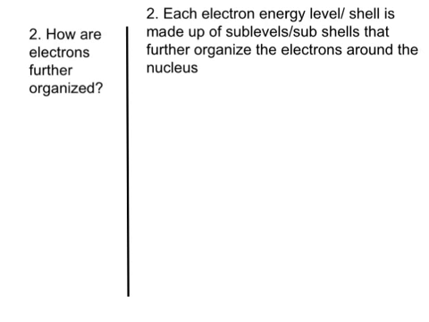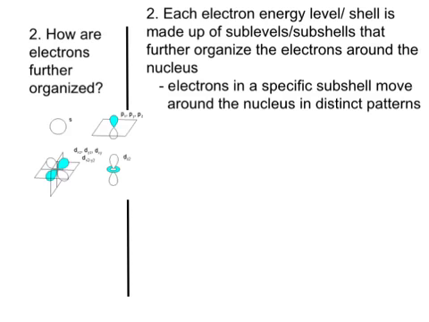Alright, so to get a little bit more complicated, each electron energy level or electron shell is made up of sublevels, or what we call subshells. So they further organize the electrons around the nucleus. Now we're going to see that electrons in specific subshells move around the nucleus in distinct patterns. Here's a picture on the left that shows the different shapes or patterns in which electrons move in these subshells